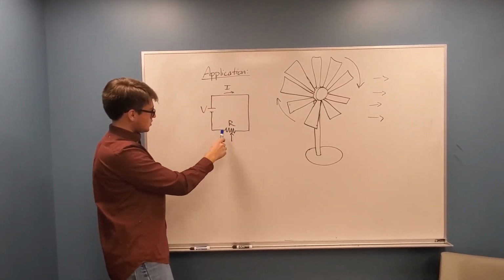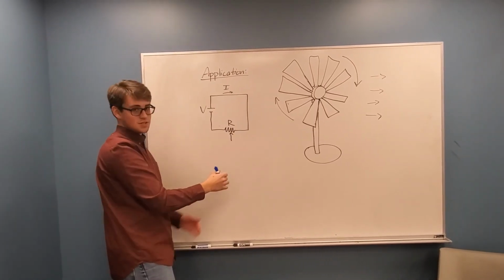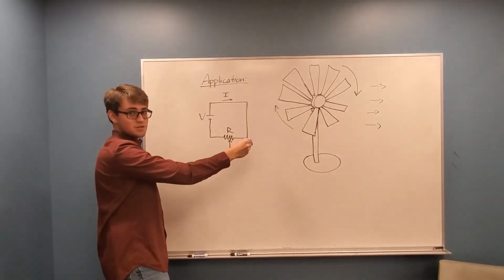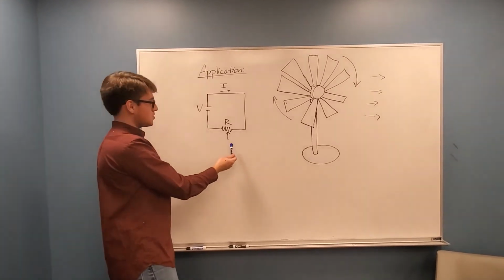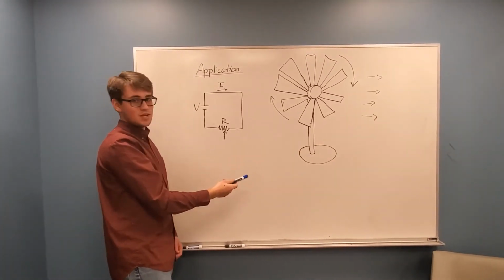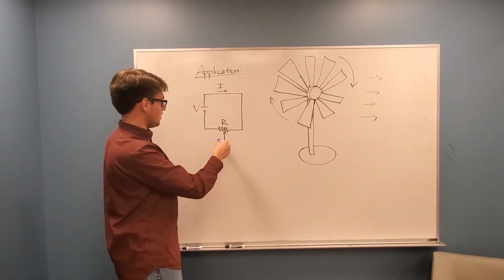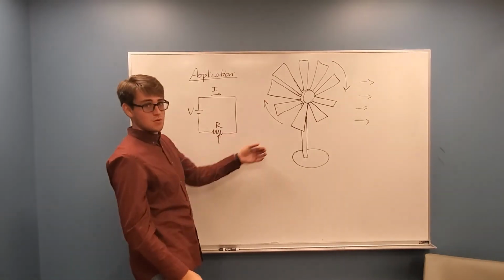But this resistor is different from any circuits in that the resistance inside it is variable, which allows more or less current to flow through the circuit. This specific type of resistor is called a potentiometer and is found on many different types of domestic household fans today. And changing this resistance causes the fan to go at a higher speed or a lower speed,